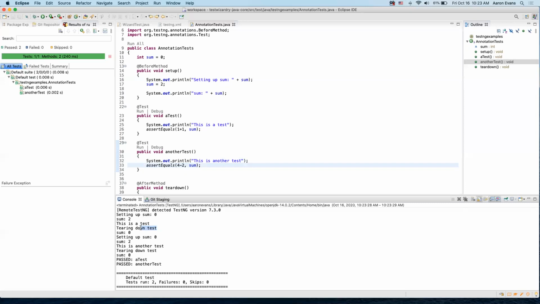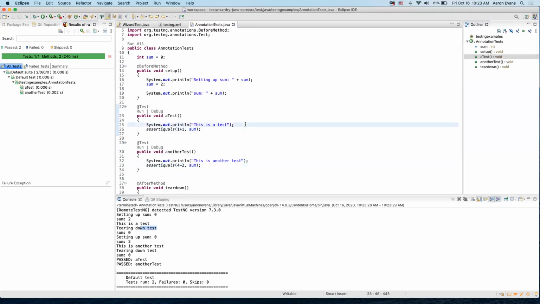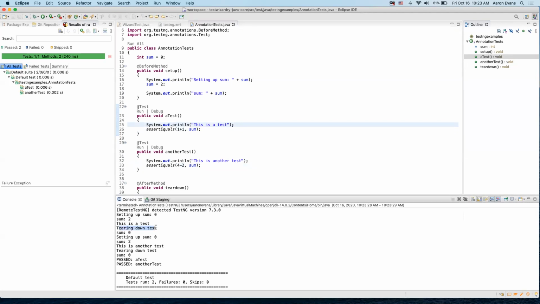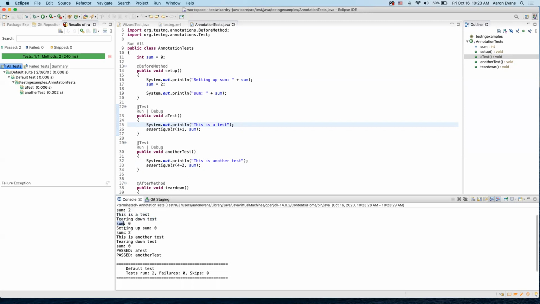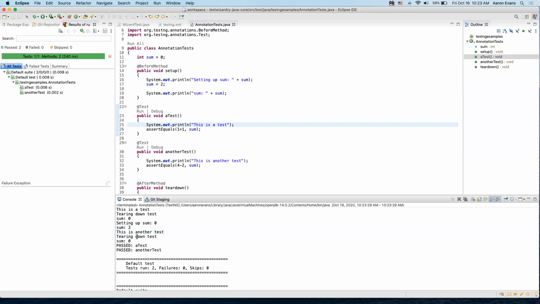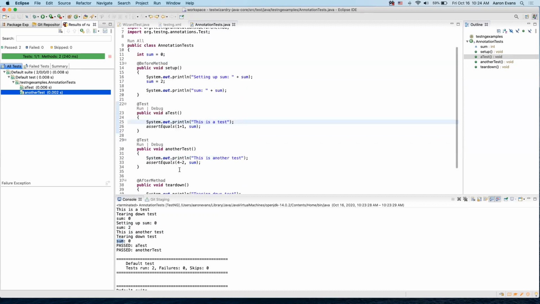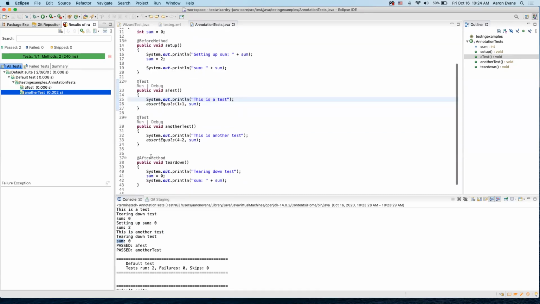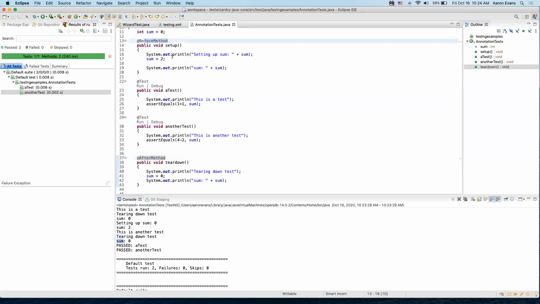That works. Maybe what we should do is print out 1 plus 1 or something. Anyway, so this is a test, and then it's tearing down, and then it sets sum back to 0. We set up our sum as 0 again at the beginning of the test. This is another test, and we tear it down, and they both pass because 1 plus 1 and 4 minus 2 both equal 2. So what this is showing is that the before method and after method run before and after